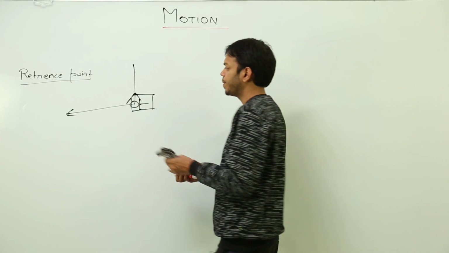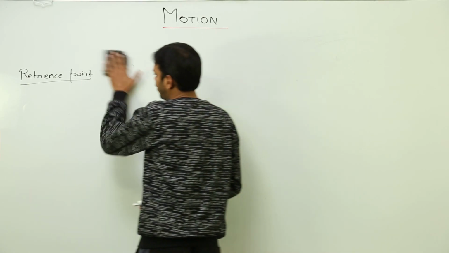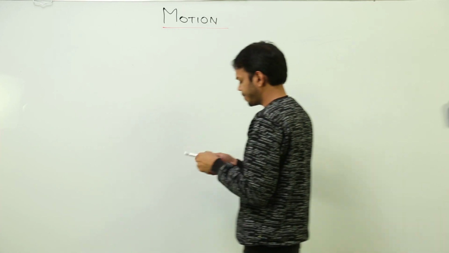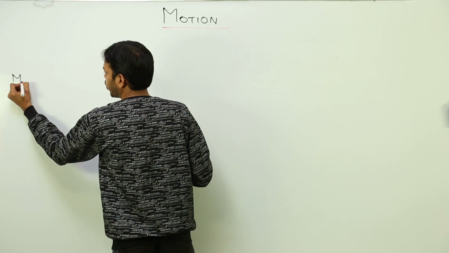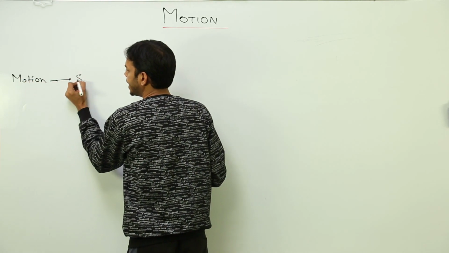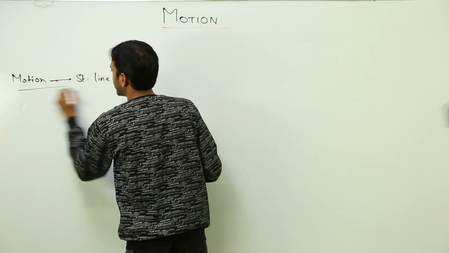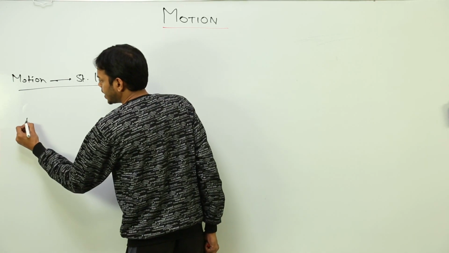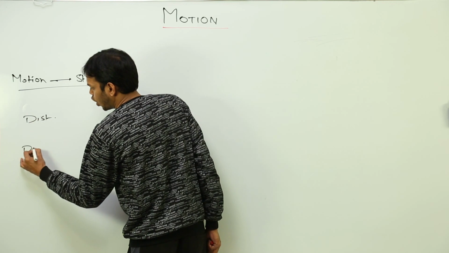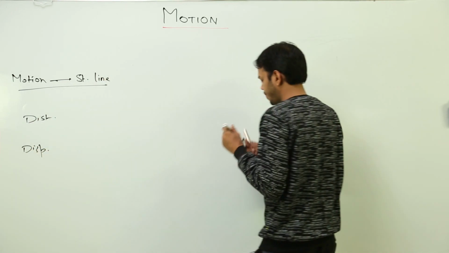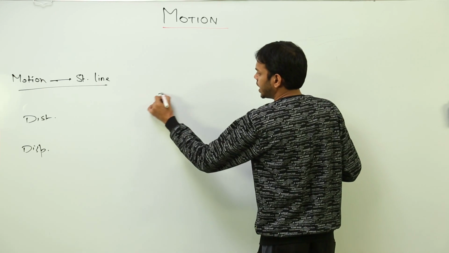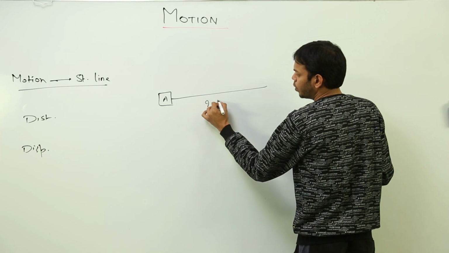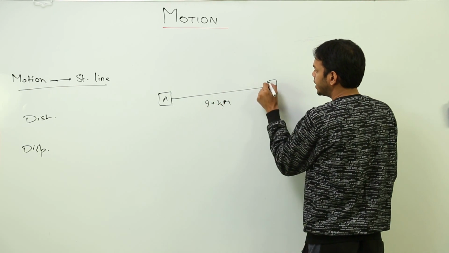Now let's talk about motion, and we'll start with the very first and basic type of motion, that is motion in a straight line. Right now I'm doing motion in a straight line. This is a topic in which we are going to get clarity about what is distance and what is displacement. Now, suppose an object starts from this point A, it goes 90 kilometers till point B,